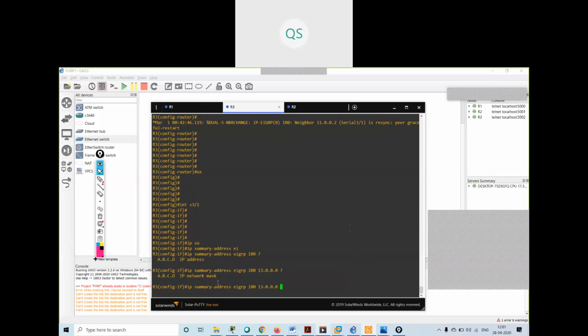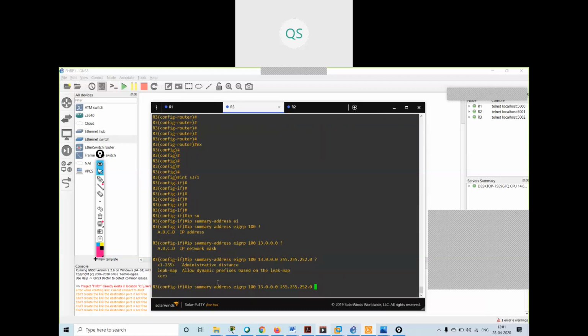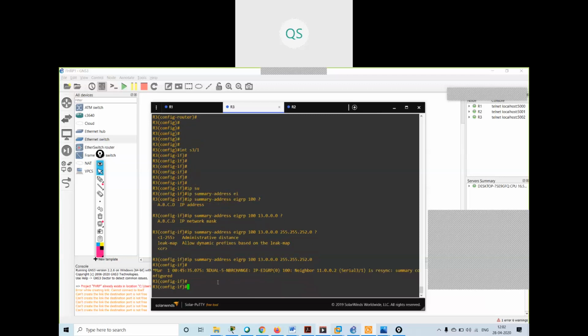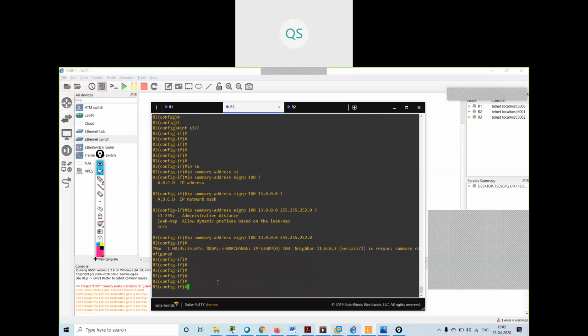What is the network mask for /22? 252 in the third octet, so 255.255.252.0. Correct? I will press enter. Now see, the neighborship got resynced.